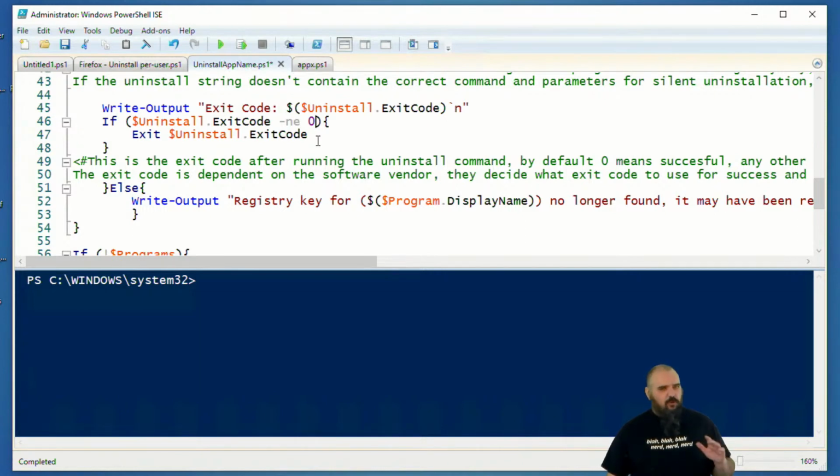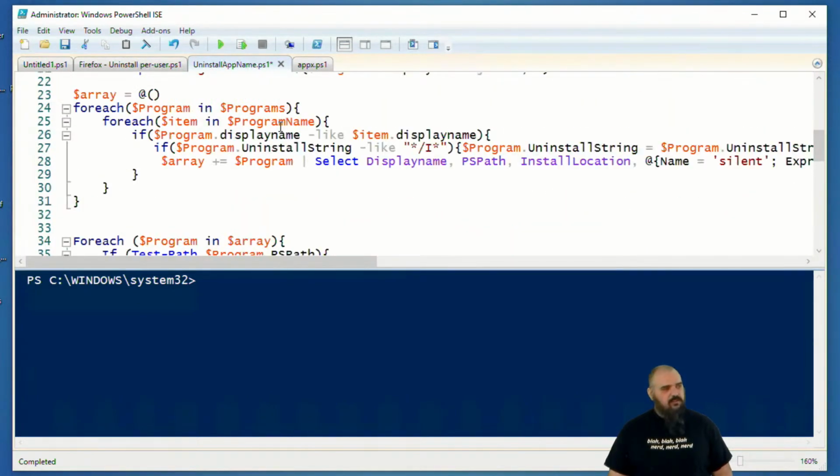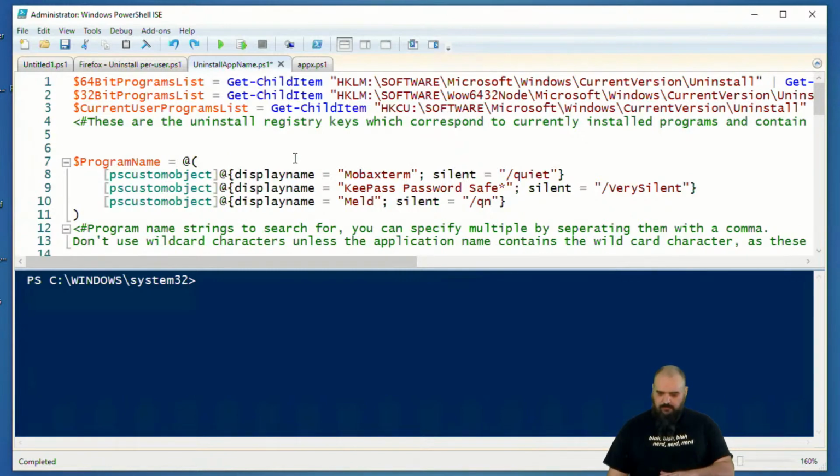Although I think there's more codes for install, I think uninstall is pretty consistently 0, unless I'm taking the crazy pills. I think we'll roll with the crazy pills. No, I think it's 0 too. The return code's 0 for most of those. Okay. All right, now that we have the PowerShell script,